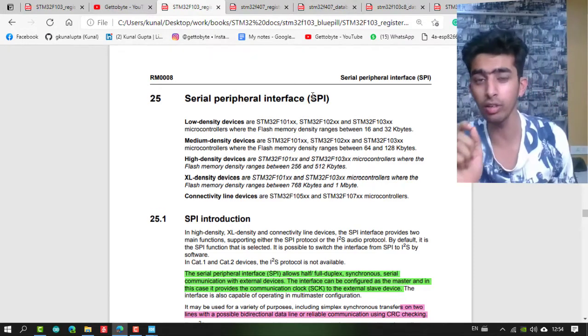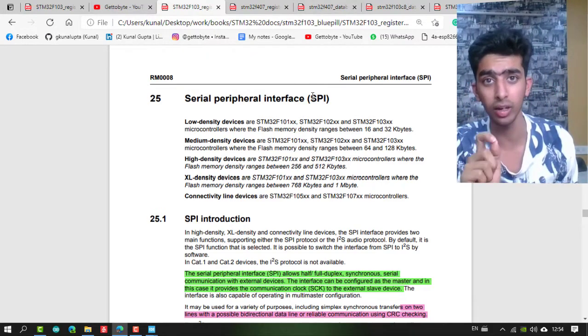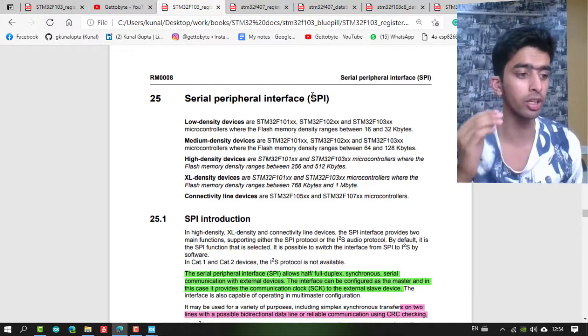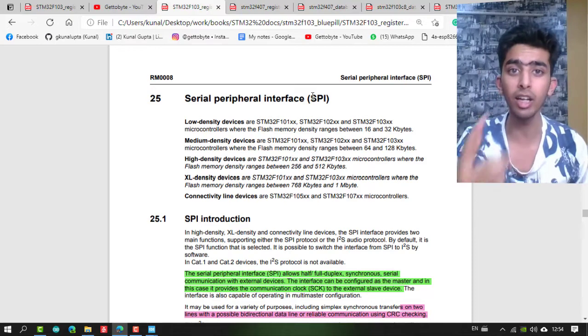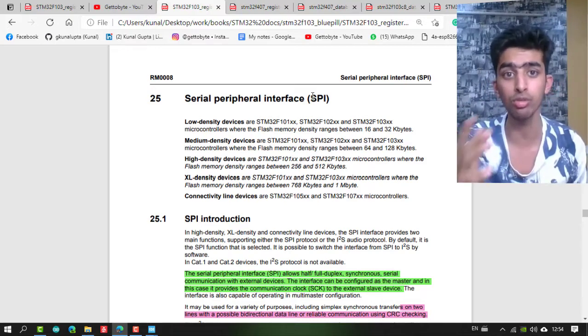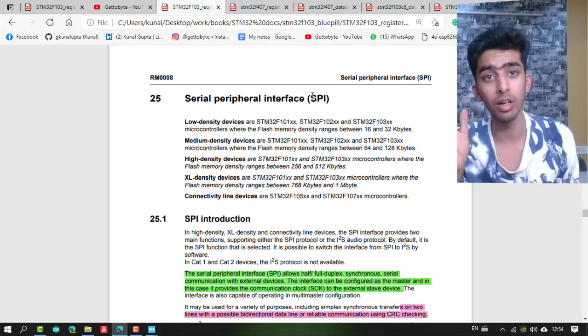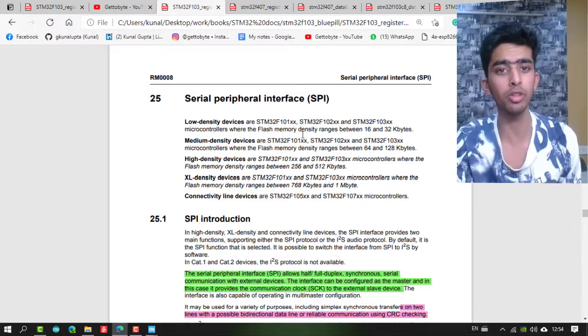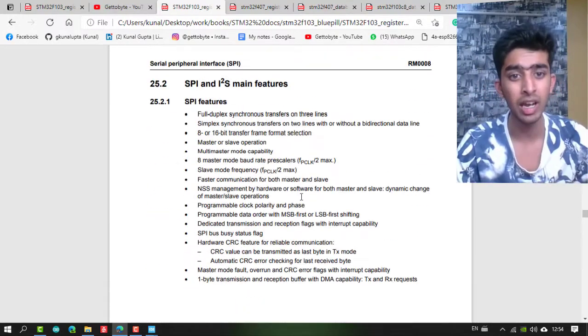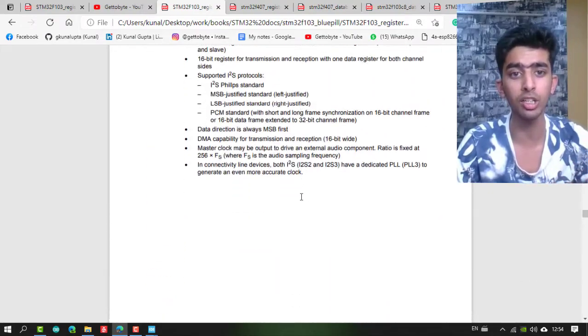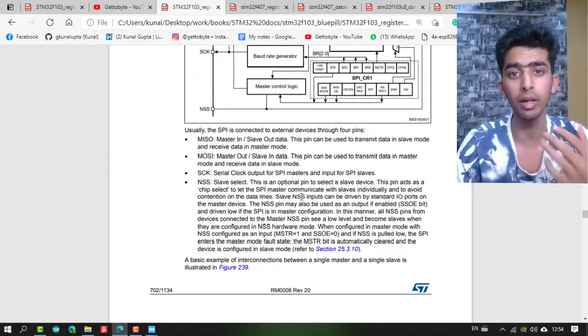The only thing you have to take note of is allotting your GPIO pins their alternate function registers. That I will tell you in the upcoming videos when I show you the real bare metal code. In this video I am just going to tell you about the SPI introduction in STM32 microcontrollers, its basic features, and what registers are there for writing our embedded C code.